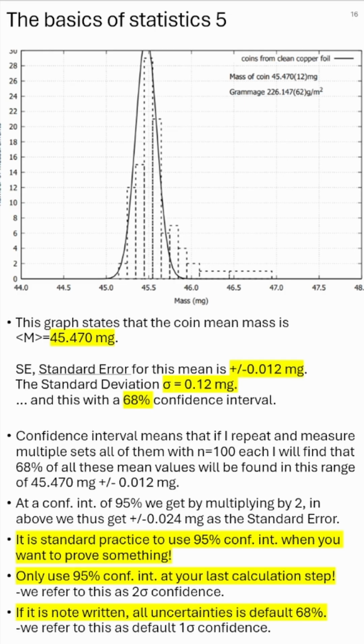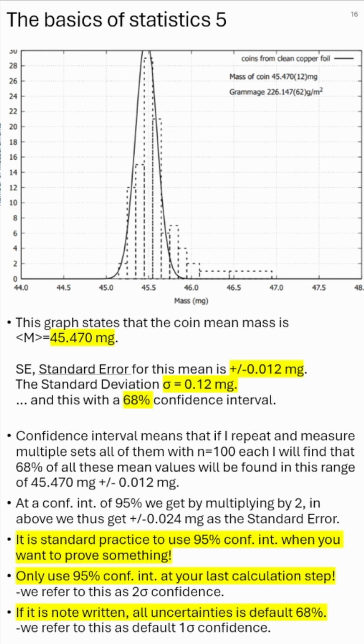What I'm saying here is that if there is no more information than the number of standard error or the number of standard deviation, then we're having a 68% confidence interval. So if you're not having a 68% confidence interval, you need to tell the reader that you are in a different interval. And confidence interval means that if I repeat the measurement multiple sets over and over, 100 samples each,